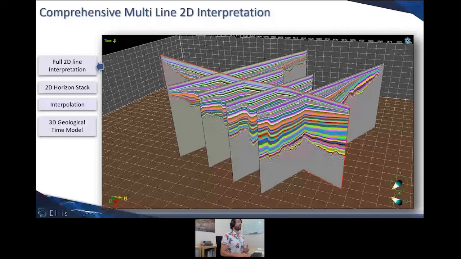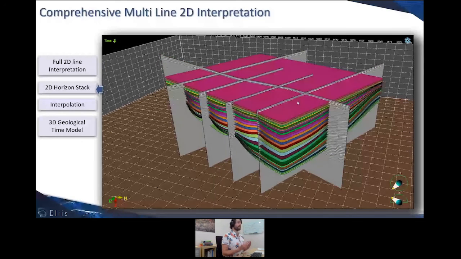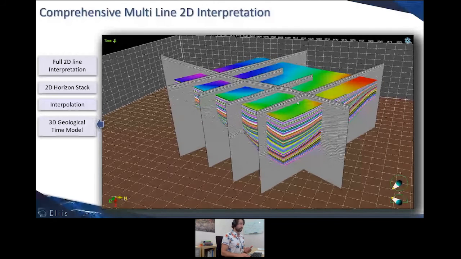From this GeoTIME model, the extraction of a 2D horizon stack, its interpretation toward getting a 2.5D horizon stack, and then the creation of a 3D geological time model based on this 3D horizon stack.